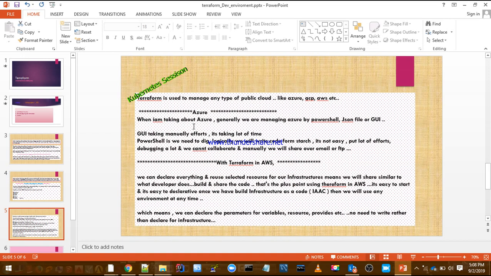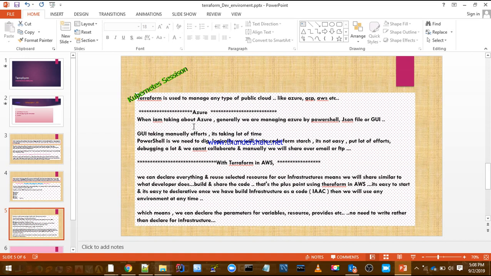When managing, controlling or provisioning infrastructure in Azure, we choose different patterns. When I say the GUI, it takes a lot of time, and a lot of manual work is required. There is a chance of making mistakes. The second is PowerShell.